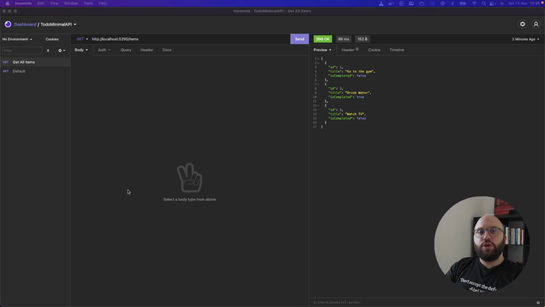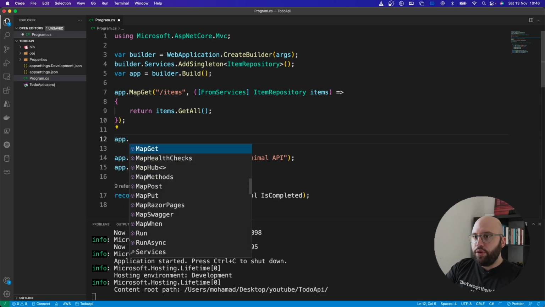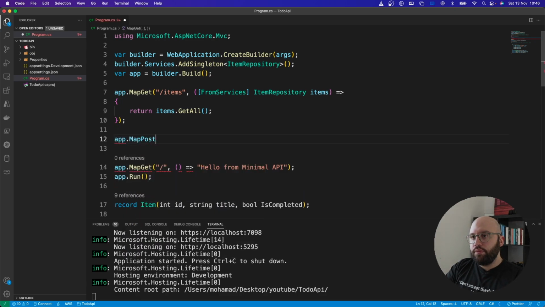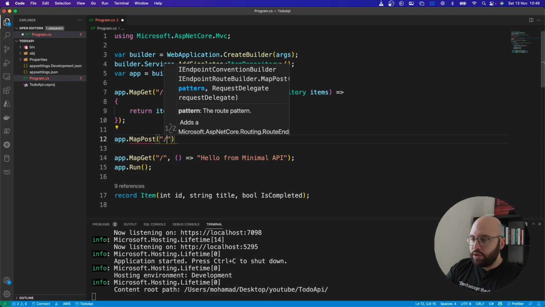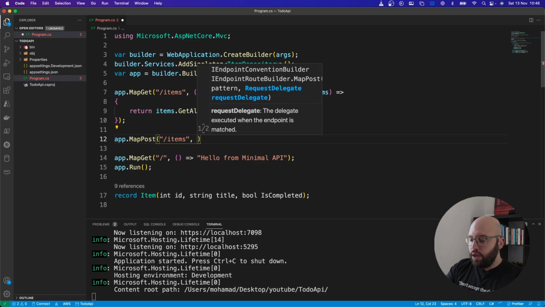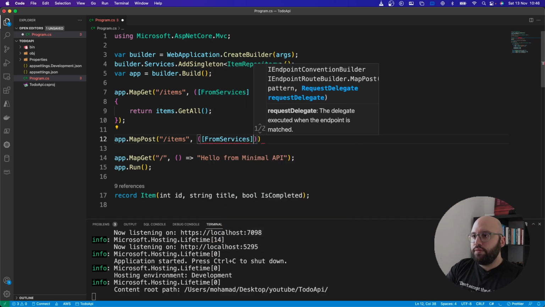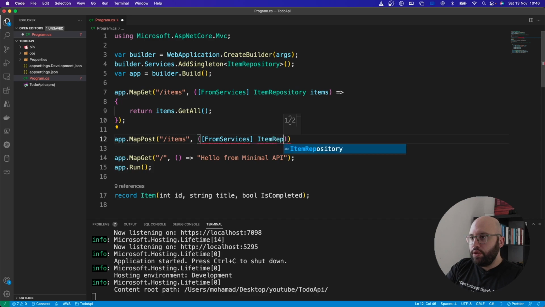Now to the second endpoint. The second endpoint that we're going to be working on is adding an item to our to-do list. So we need to create a post request. Let us go back to our source code. What we're going to be doing is adding a new app.MapPost. We're going to make it items as well, because there's a difference there: one for the get, one for the post. We're going to be utilizing the same one from services, and we're going to put item repository. It's going to be items, and then here